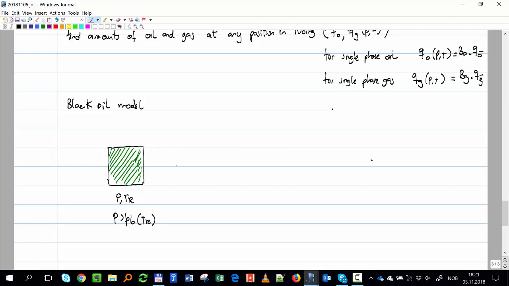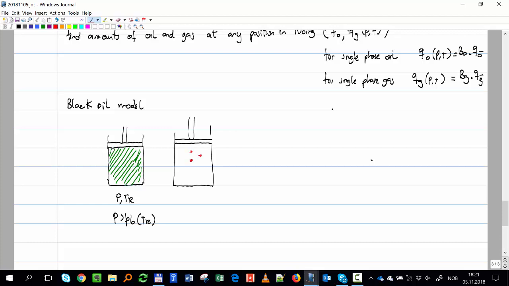Now, what happens when the pressure goes below the bubble point pressure? We can make an experiment with a piston, lifting the piston to reduce pressure. Remember, the oil is not very compressible, so even if I pull the piston up just a little bit, that causes a big decrease in pressure. So there I will start to have the first